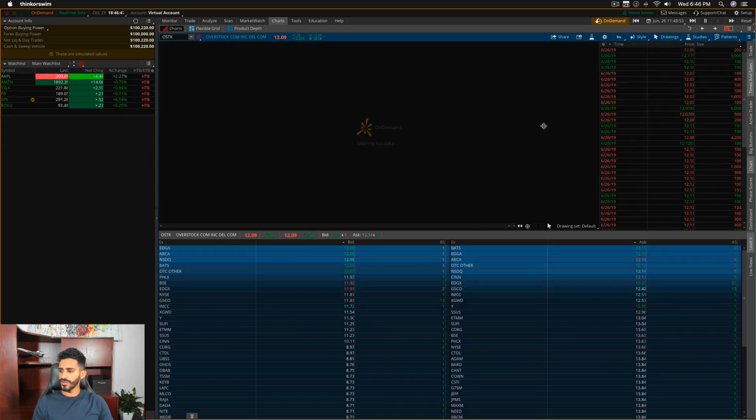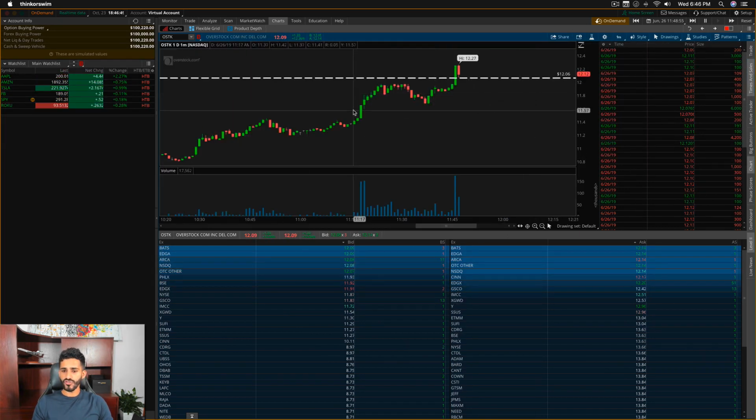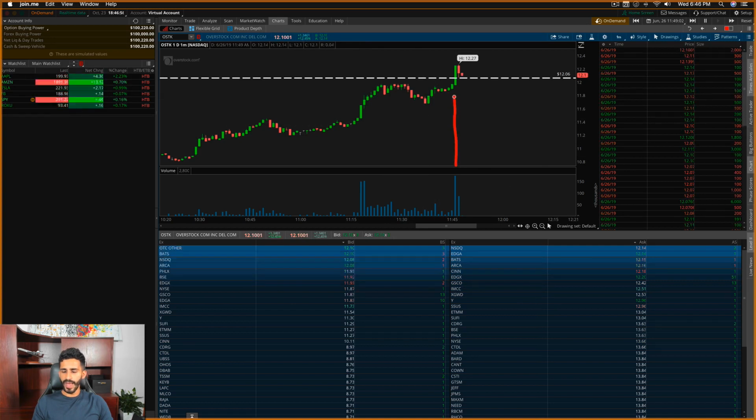So when I look at a 1-minute chart right here, I can see a very strong move. If you guys take a look here, very strong breakout. Now, after the breakout, the stock pulled back. Since I didn't catch this breakout,